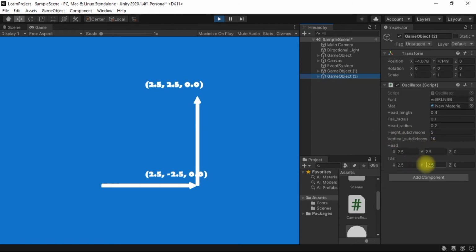So I will remove the minus, and I will change the x from 2.5 to minus 2.5. Now let's duplicate it once more, copy this head position, x to minus 2.5 and y 2.5 as it is, and I will modify the y component to minus 2.5.